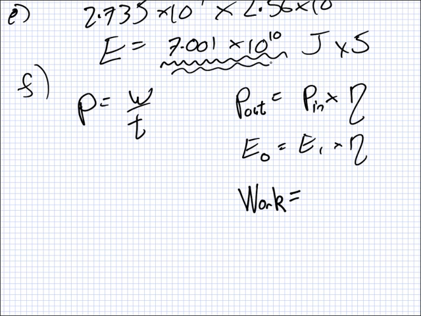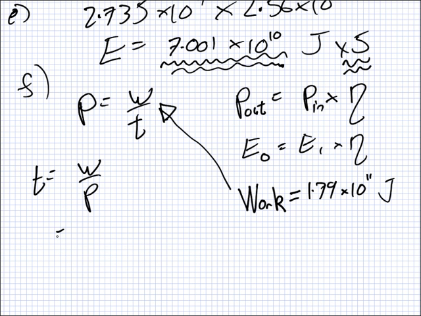This number multiplied by 0.51 multiplied by 5. 1.79 times 10 to the 11 joules. Okay, so if we put that in there, this is time equals work over power, which equals 1.79 times